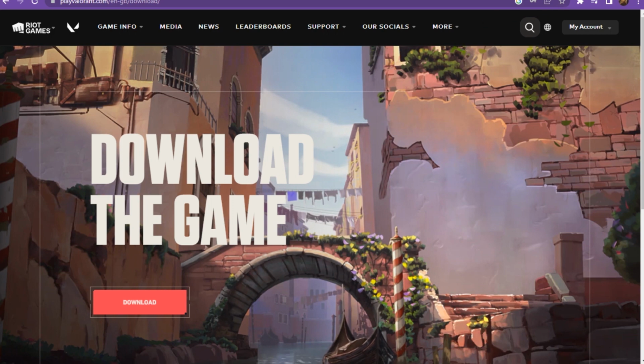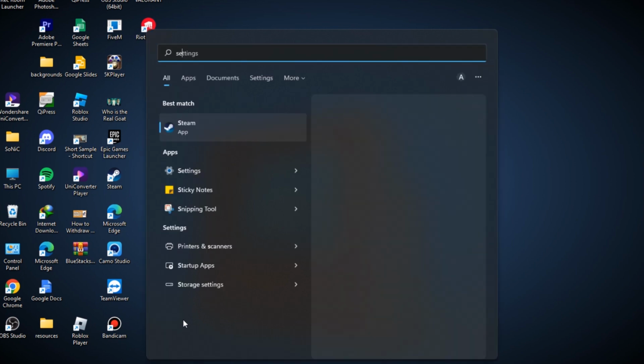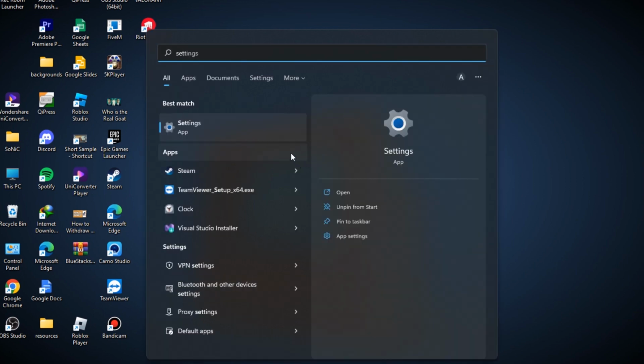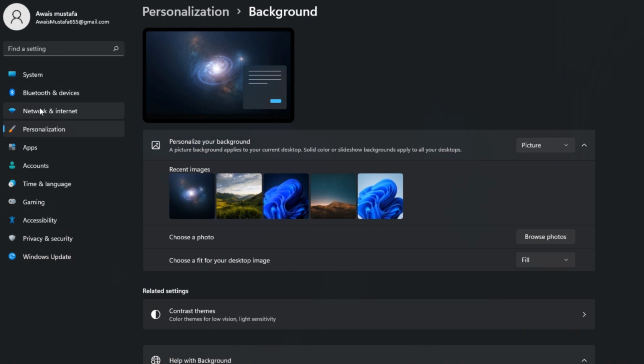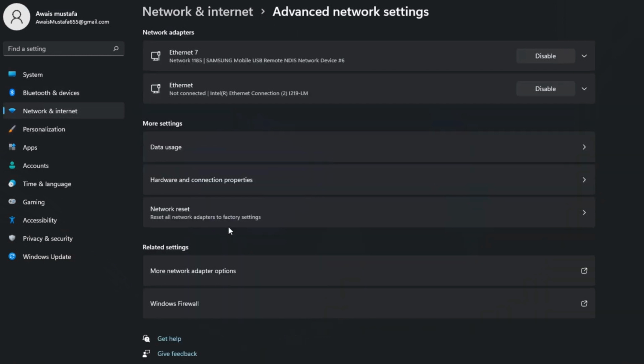First of all, you have to go on your Windows. You have to press the right button and here you have to select the Windows. Now once you're in the Windows, you have to go on your Windows settings and here you have to go on the network and the internet. After that, you have to click on this advanced internet setting and here you have to disable your internet connection